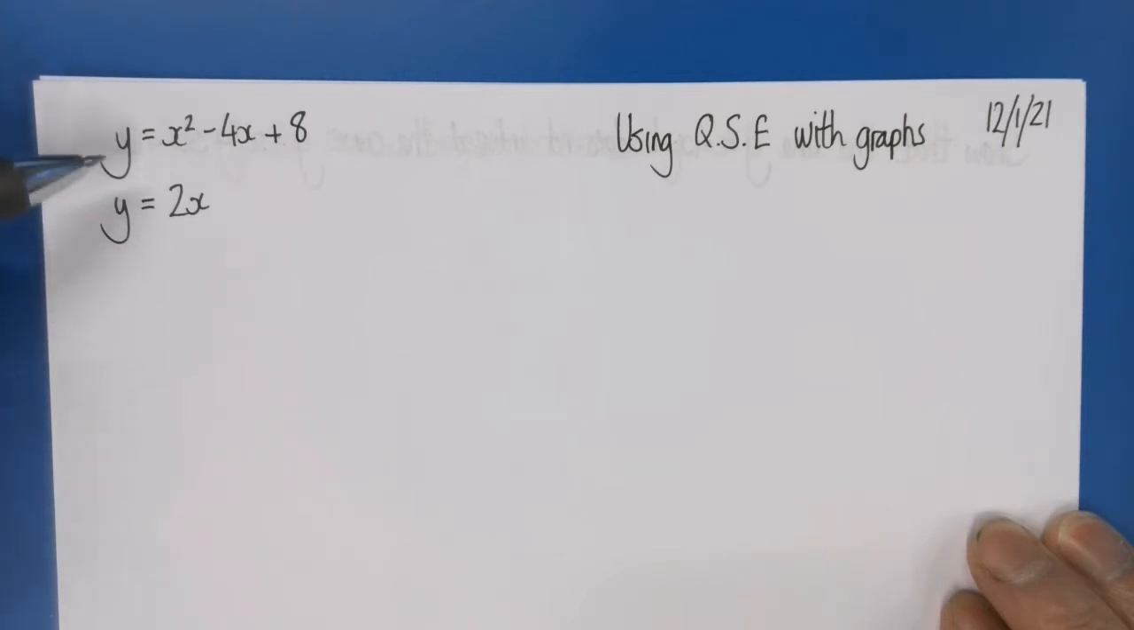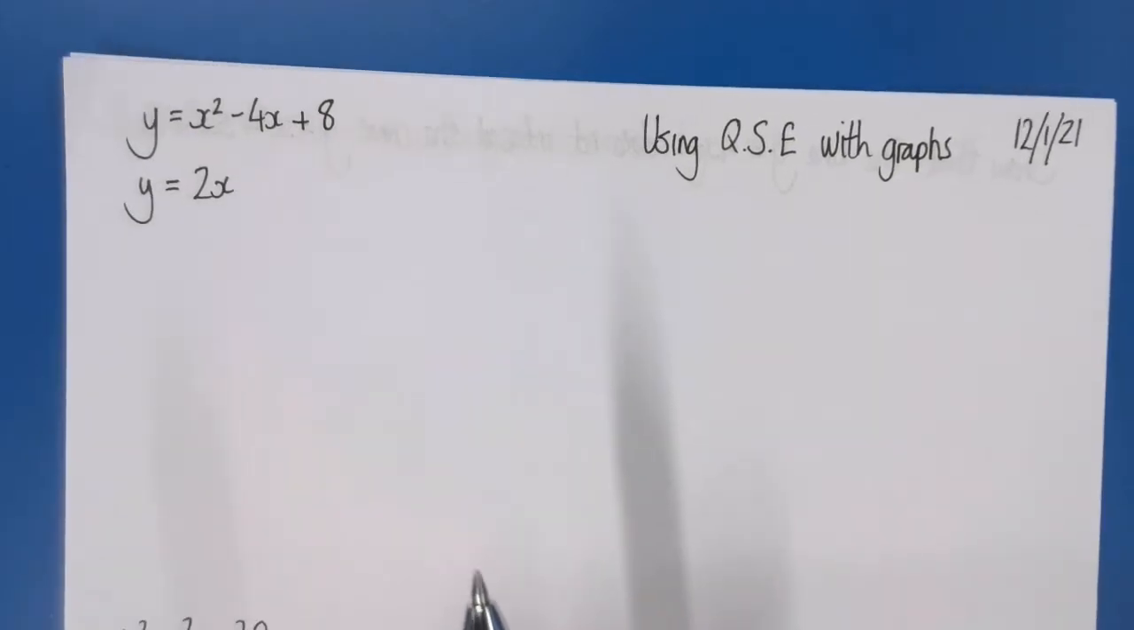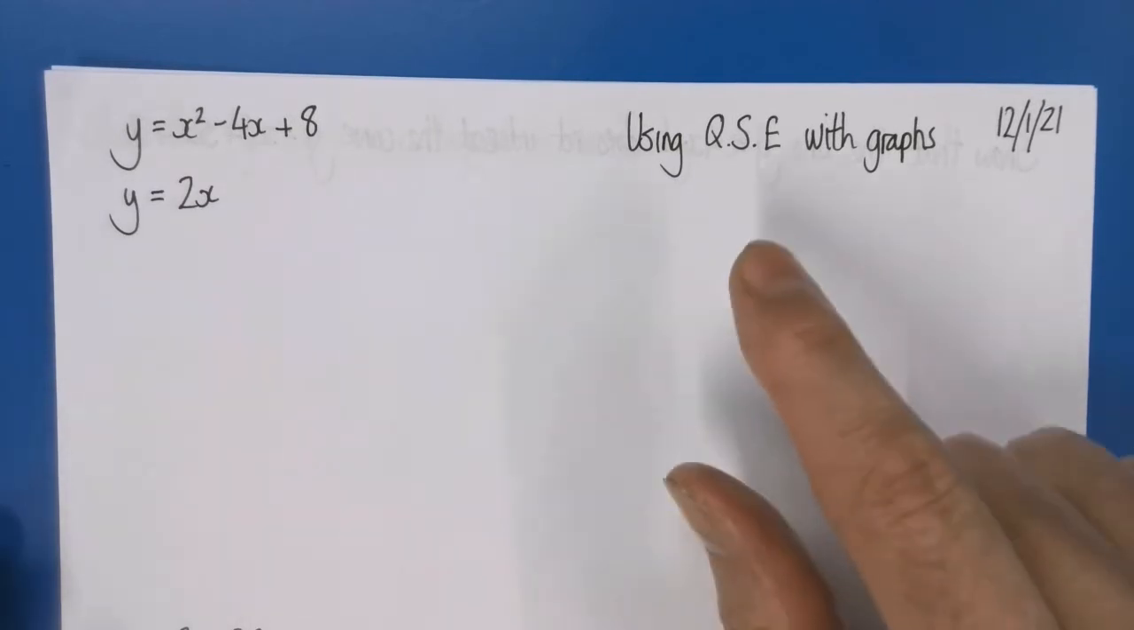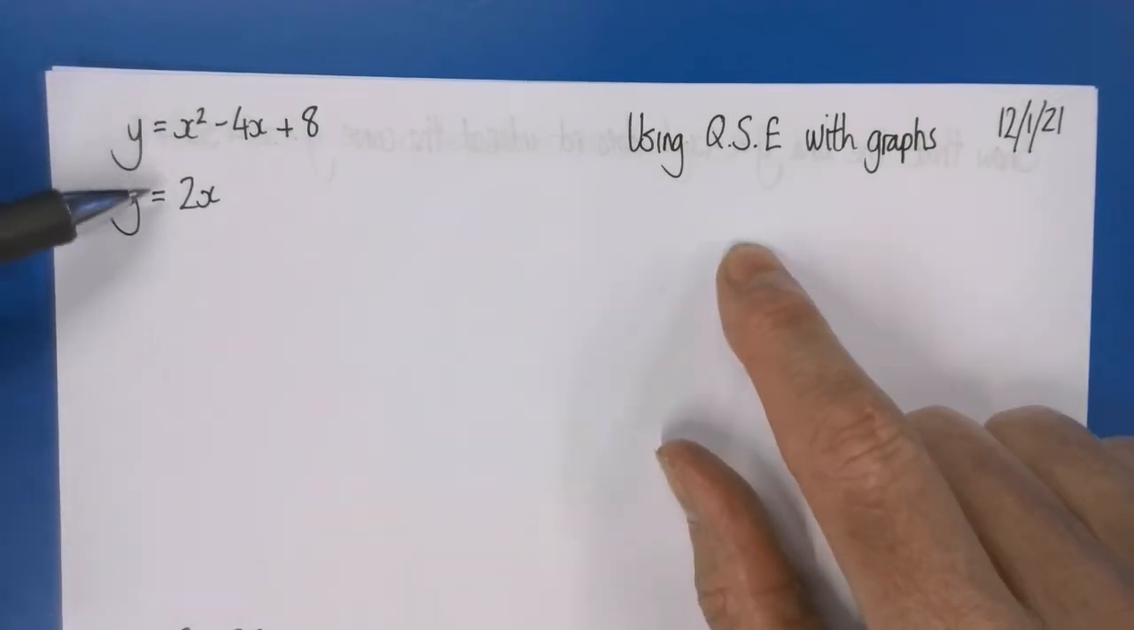This was, I think, the very first quadratic simultaneous equation problem that we solved. This one was already written as y equals, so we just replaced that y with 2x, lined it up, solved the quadratic, and we got our two solutions. But you might already have recognised these before we solve them as equations, because if we think of